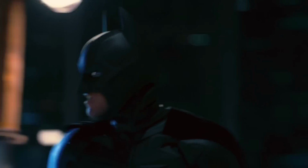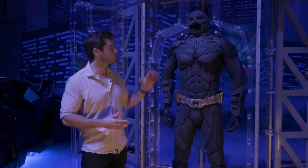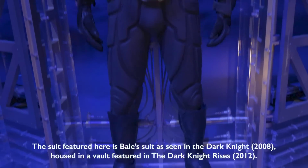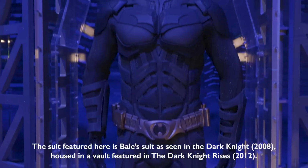But narratively, in The Dark Knight, Christopher Nolan, along with his brother Jonathan Nolan, wrote into it that Bruce wants a new suit. He wants to be able to move more and also turn his head, which has always been a thing with Batman. He wasn't able to turn his head until we got to The Dark Knight, then obviously Batman v Superman. But in terms of this costume, you probably notice it's in a lot better condition than the